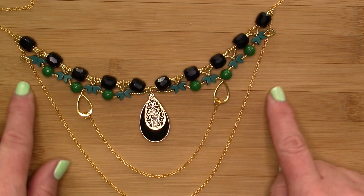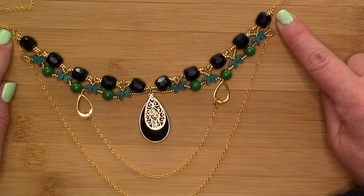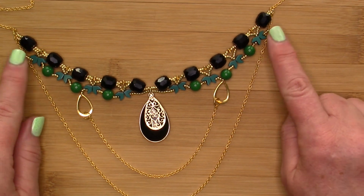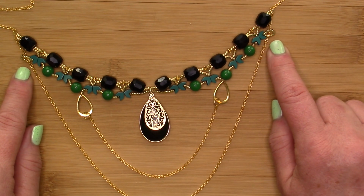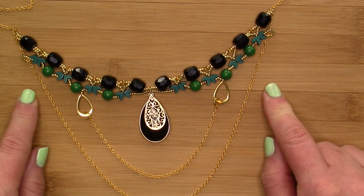side. As you can see, I added 1 piece of chain here, put a 5mm jump ring on either side, and then I threaded my chain through these 2 little loops that I made, because I found here this was just hanging out a little too much. Again, I wanted to finish it off, so that's what I did. That's what these loops here are for. You can make them a little bit smaller if you want. I just wanted to make sure that the chain was going to make it